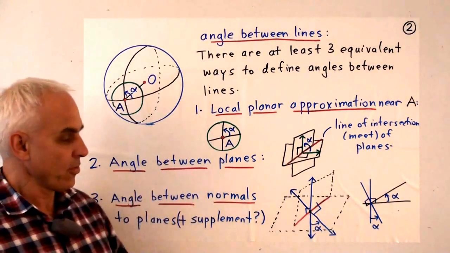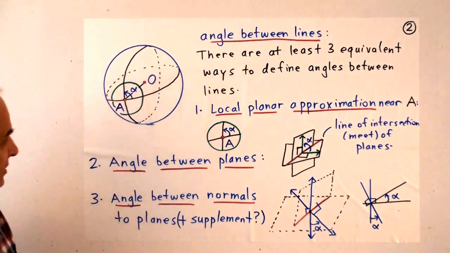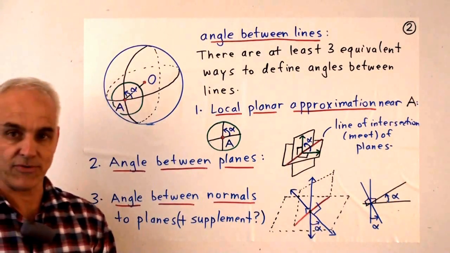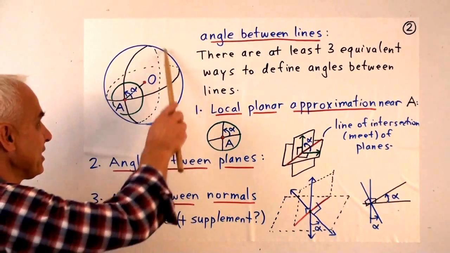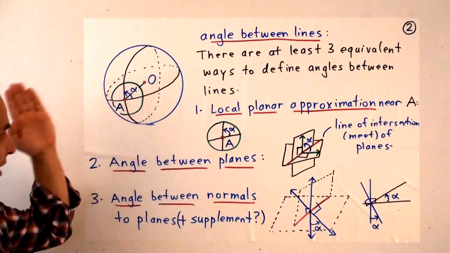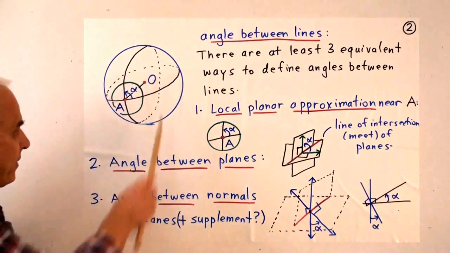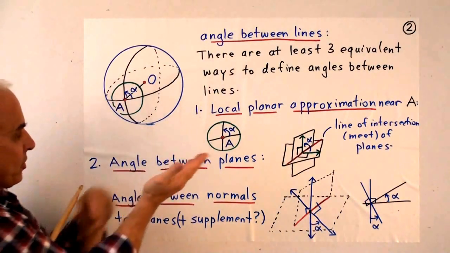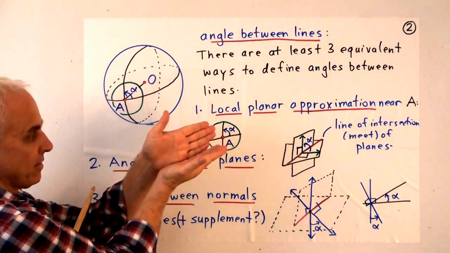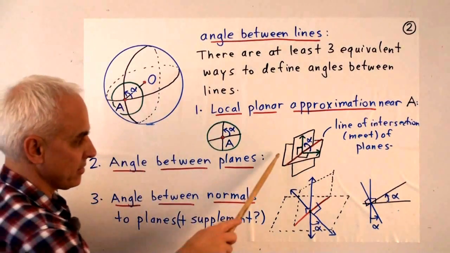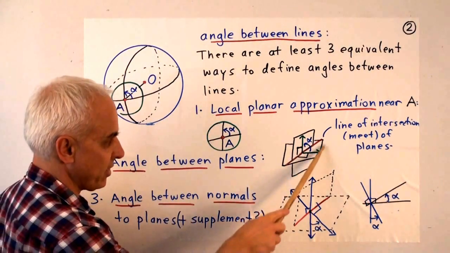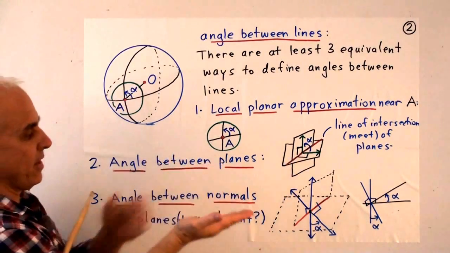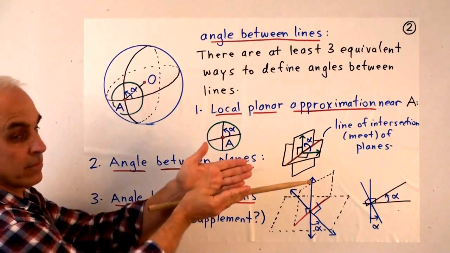Okay, now there's another way of approaching this angle, and that's to think in terms of the 2 planes which are determined by the great circles. So this line is a great circle. It determines a plane through the origin. This line is a great circle. It determines another plane through the origin. So those 2 planes meet along a line. Here's the picture. So one of the planes, this one here, the other plane, this one here, and they're meeting. And they meet along a line.